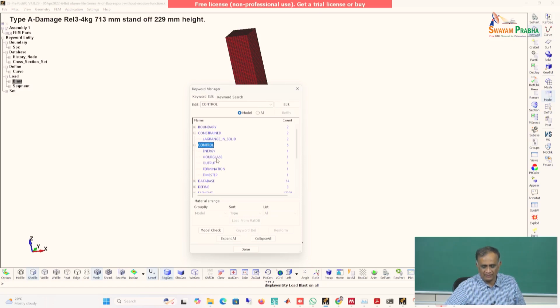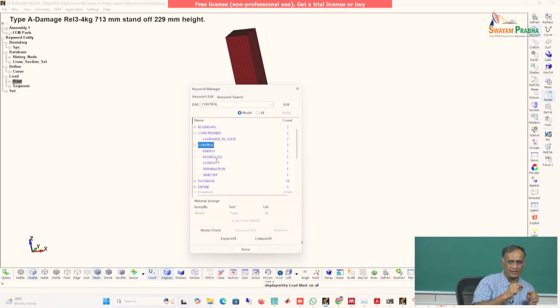Hourglassing is another phenomenon, especially when you use numerical integration techniques. There is something called full integration and reduced integration. In a numerical integration technique, they take an element and, instead of integrating, they have coefficients for, let's say, 4 points, and then multiply; it's just a mathematical multiplication. But when you do reduced integration, instead of 4 you take 1, because in explicit analysis, explicit is time stepping,